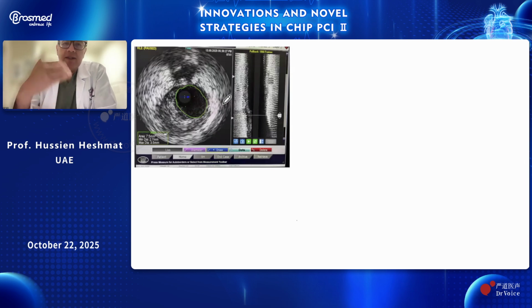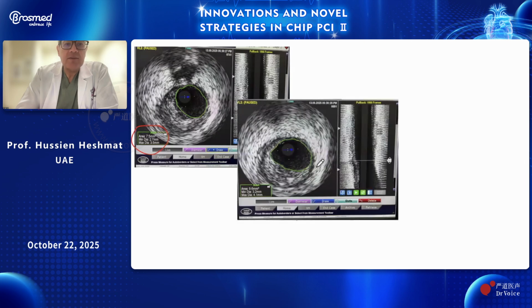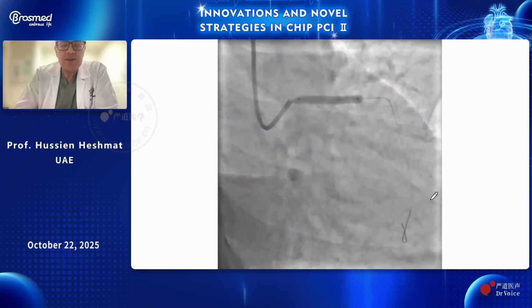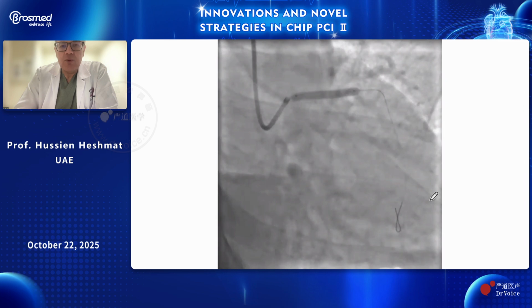lumen. I know that the role of IVUS with drug-coated balloons is still not evolved, but I tend to look into the minimum lumen area. If I have a good minimum lumen area, like here, it's more than 7 millimeters at the site of the lesion, and even larger at the distal part of the lesion, and much better in the proximal to mid LAD. So we had no issues with going with a paclitaxel 4.0 by 30 drug-coated balloon, inflated just